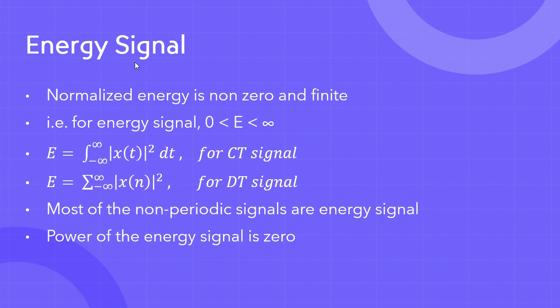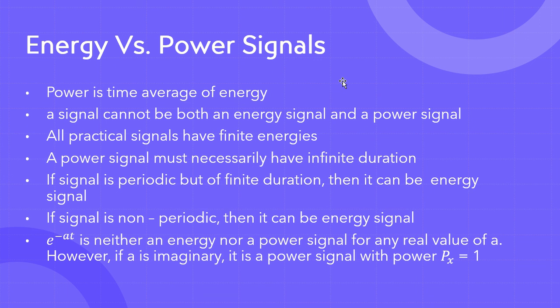Now let me move further, which is energy versus power signals. So as I said a few minutes ago, power is a time average of energy. So when we calculate the power of a signal, at that time we are basically calculating the time average of energy of that particular signal. Okay,